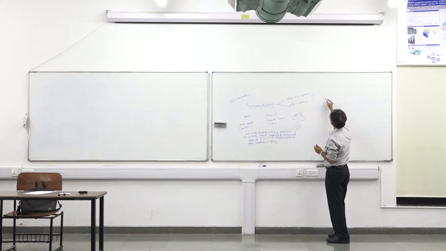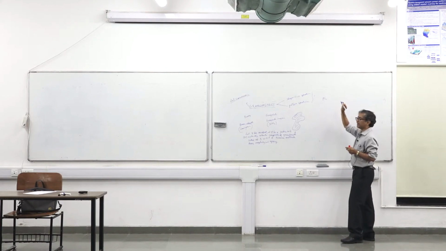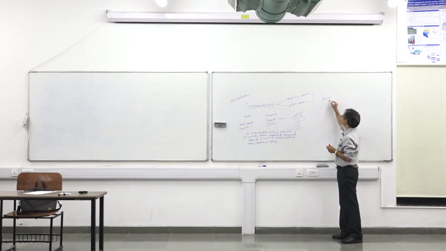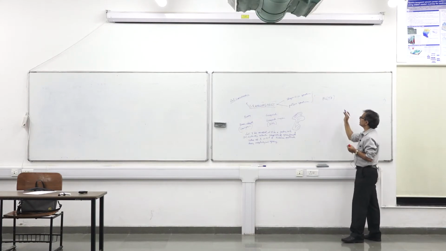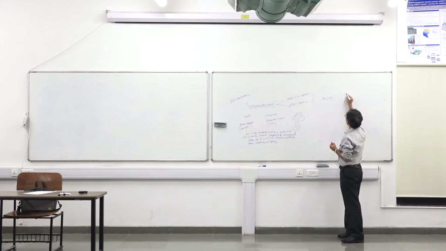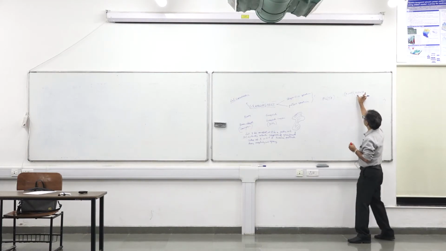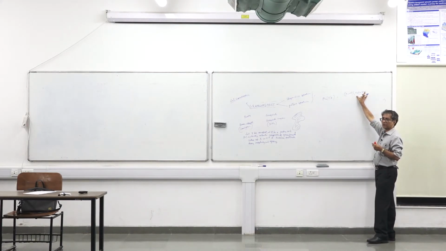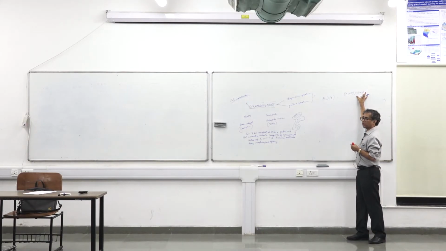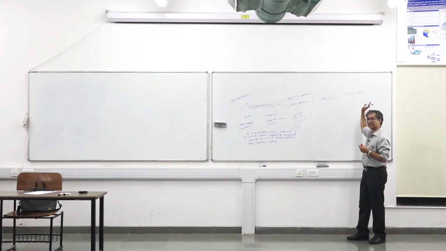There is a parameter called the pattern spectrum at the scale n of x with respect to b. This will be computed as the area of x opened by n size b minus the area of x opened by n plus 1 size b. Always the area of this would be smaller than or equal to this one, because this is a decreasing function.